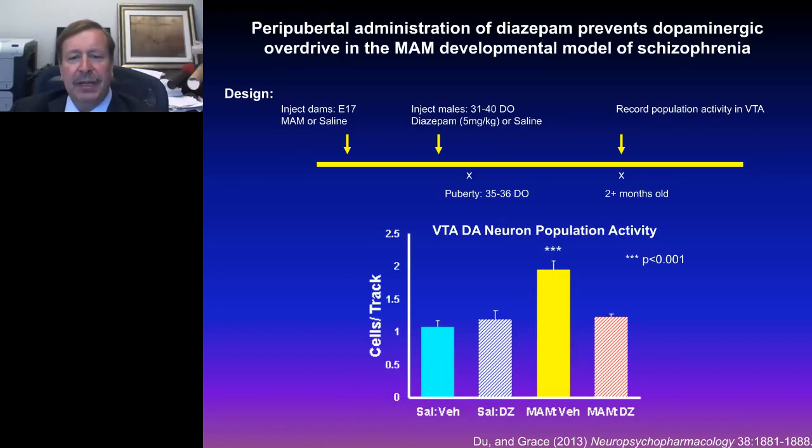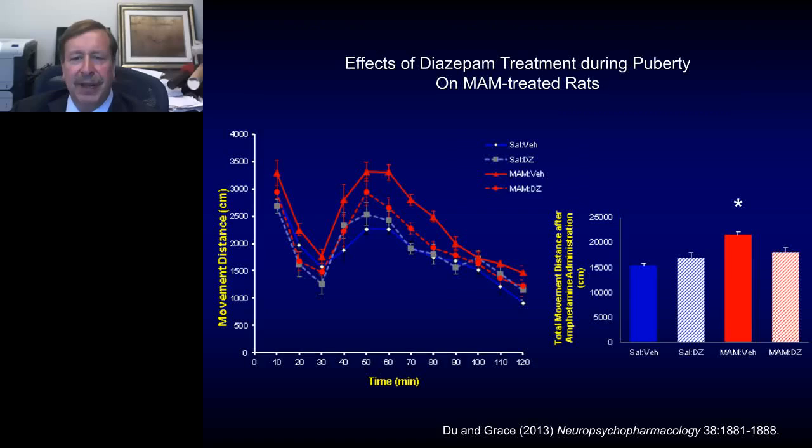And what we found is that although it didn't have an effect in the saline animals, in the MAM animals, it restored dopaminergic neuron firing, or prevented the activation of dopaminergic neuron firing, and prevented the exacerbated behavioral response to